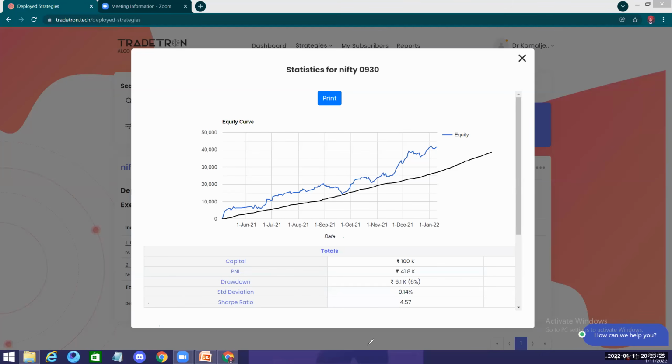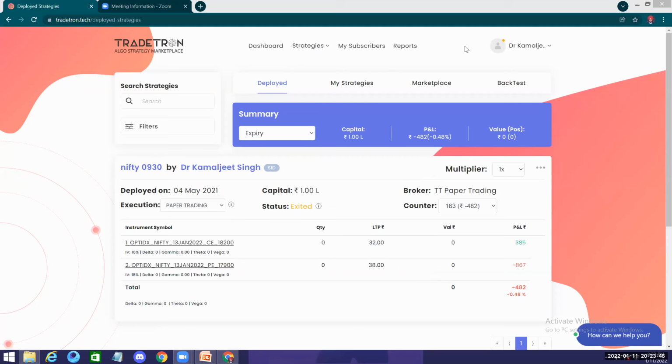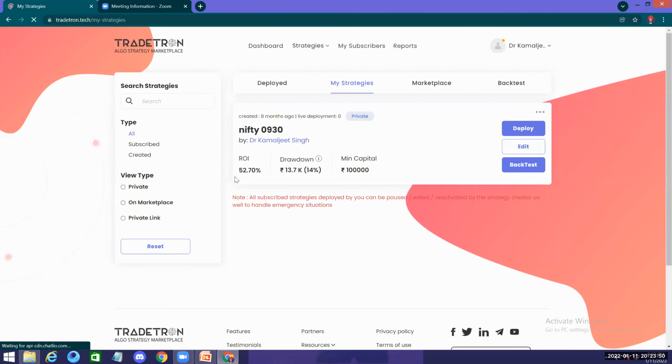And this is not data which I can even change a bit. 41.8 is the profit I'm running into. This is my loss. And you can yourself calculate the kind of money I have made over a period of the last 9 months. So what we are looking at, a 25% or a 30% return, we are actually getting close to 52% return.